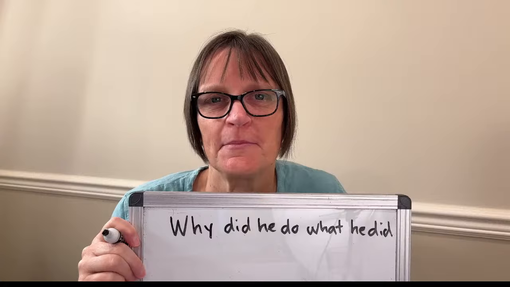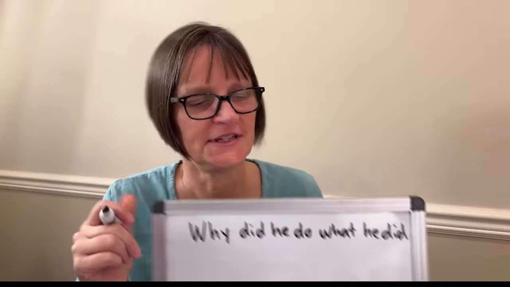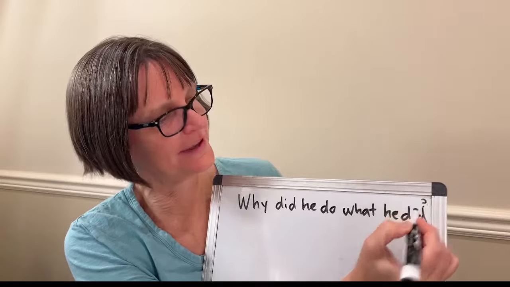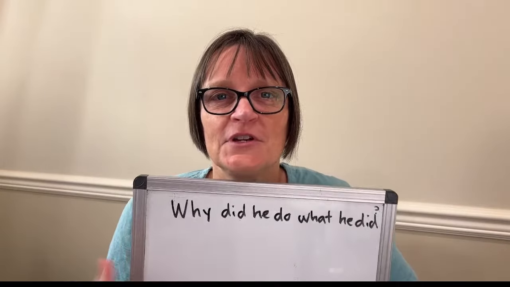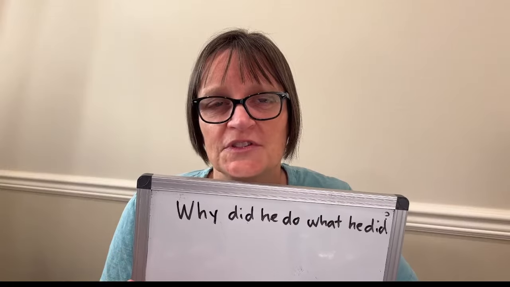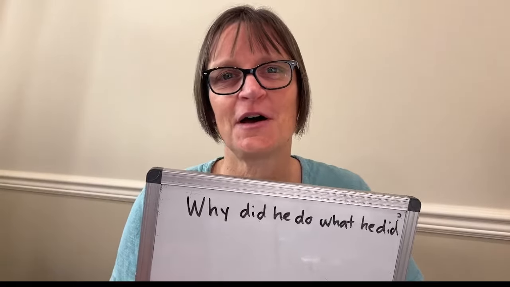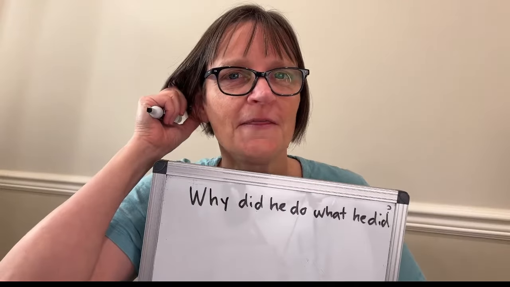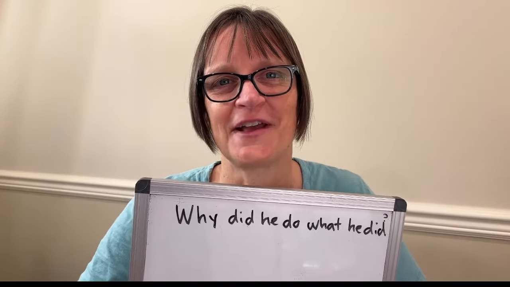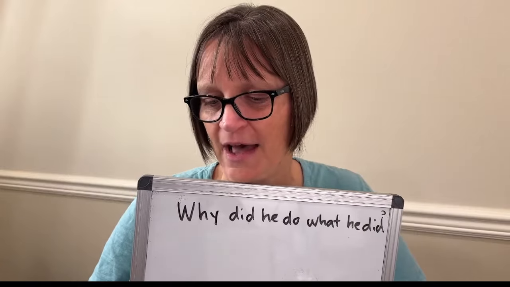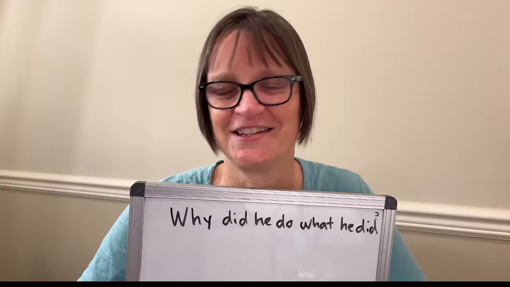Today we're going to be talking about fluent speech, and I want to look at the phrase, "Why did he do what he did?" I want to break this down for you, talk about the linking, the reductions that we do, how you can say this fluently and naturally, and also what this phrase can teach us about fluent speaking. So it's not just about this particular phrase, but about how we link and reduce and how you can sound more natural and fluent when you're speaking. So after that, we'll take your questions. Please feel free to put your questions in the chat at any time.